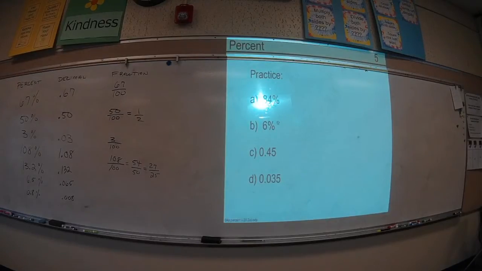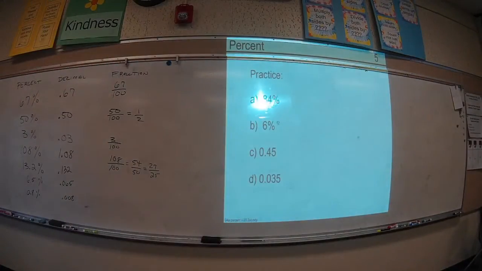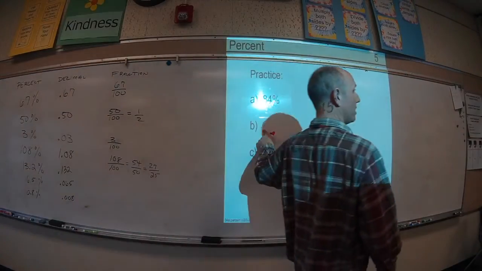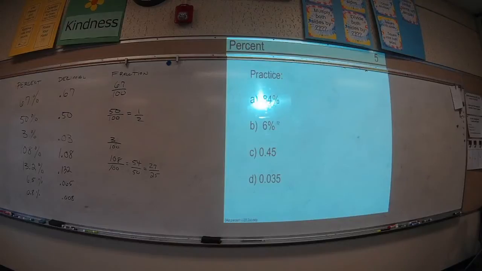Good. I've got a 0.84. Write this one as a decimal. 6% as a decimal. Nice. I have it as 0.06, no percentage after that. Okay. Because 0.06% is different than